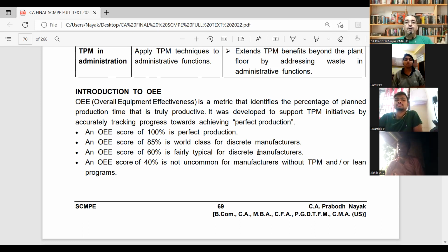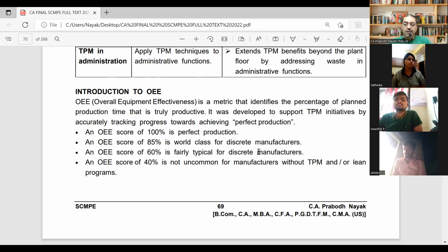Maybe the machine requires to be heated up before you start production. So when you come to the factory, you start the machine, it will take half an hour or 1 hour to heat up, to actually develop the momentum for production. So we can't say that the machine is working for 8 or 9 hours. We have to say that it is working for less than that. So how many hours is the machine actually working? Okay, so that is tracked with the help of OEE.